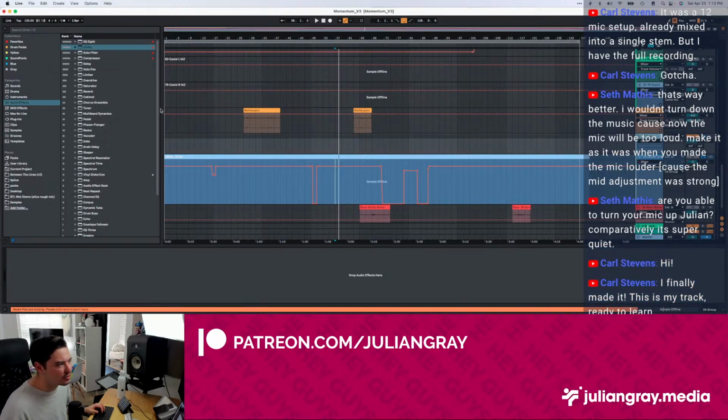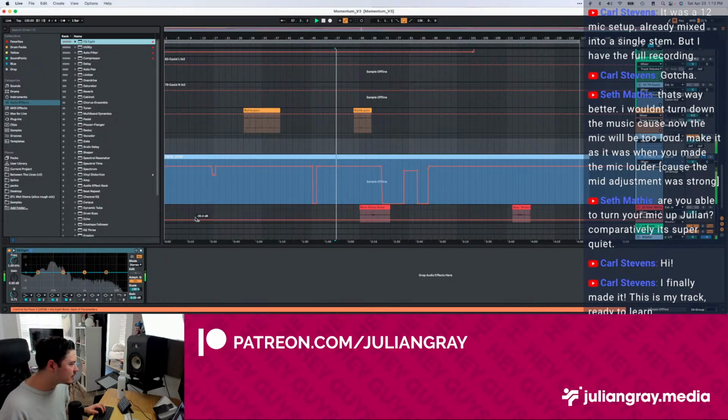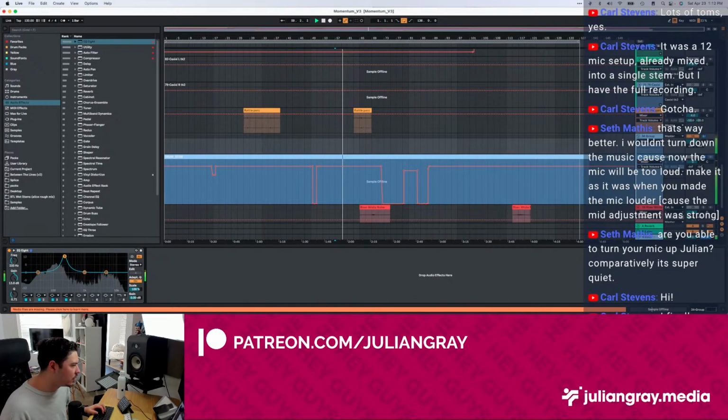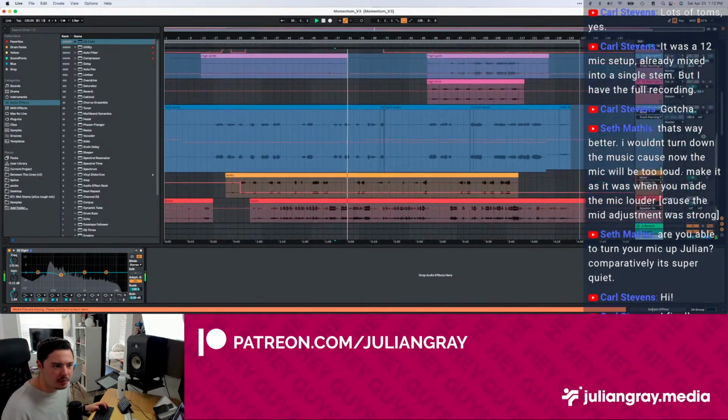Because right now, if we actually looked at the EQ, you have a lot of movement here. And that's where your toms are, and I think it's a bit distracting. I mean, as a band-aid, we might be able to do something like this. Put it with our other kick.